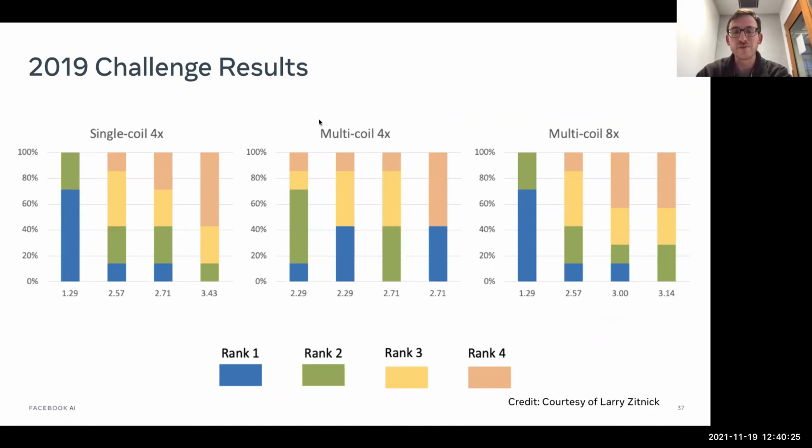And then there's this really interesting result for the 4x track for this submission that we always highlight. About half the radiologists thought this submission was the best submission, and about half the radiologists thought this submission was the worst submission. So they were kind of all over the place for this one. And then for the 8x track, where, as I mentioned, there was maybe a little bit more separation in model quality, the radiologists became a little bit more concordant. And so, yeah, this was pretty interesting.